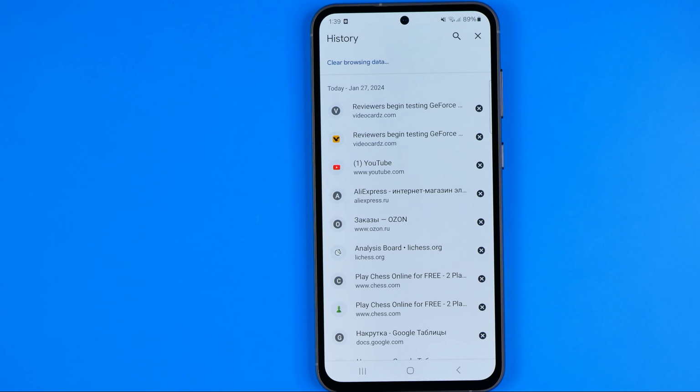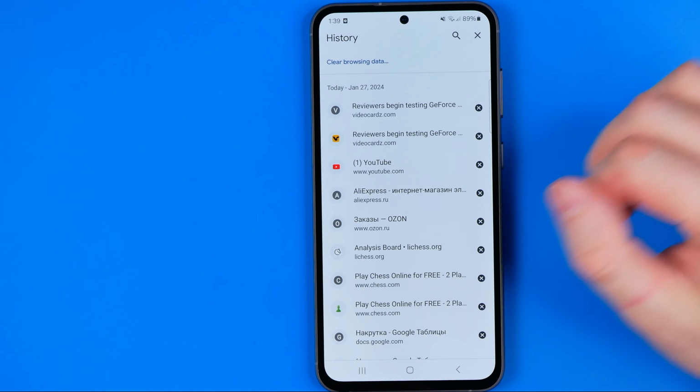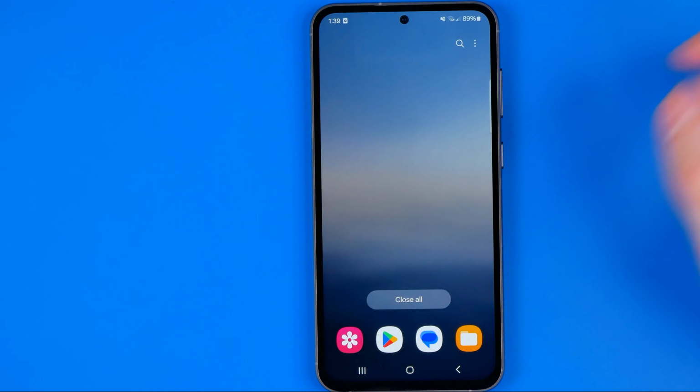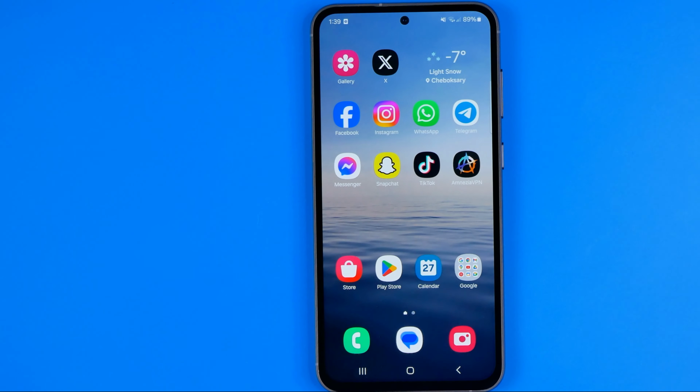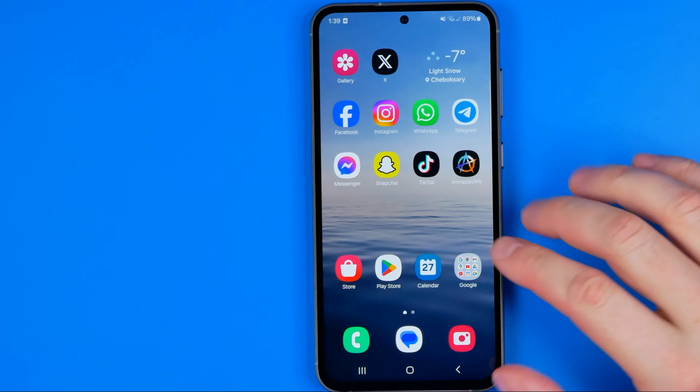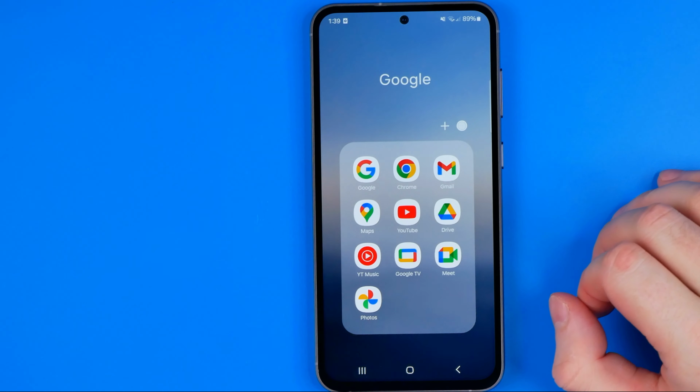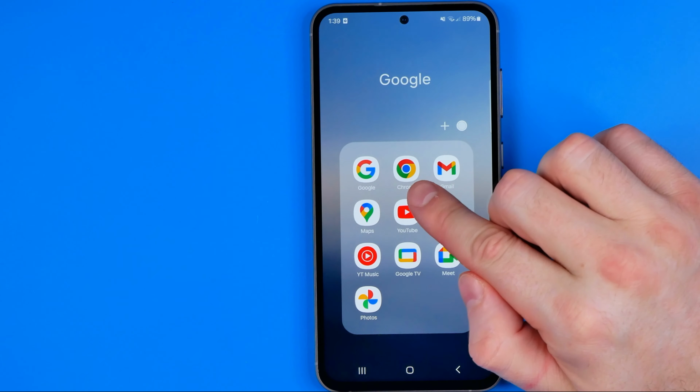In this video, I'm going to show you how you can easily clear Google search and browser history on an Android smartphone. Be sure to watch the video to the very end so you don't make any mistakes. Let's get started, guys. I'm gonna show you all the process from the beginning, and first off we need to